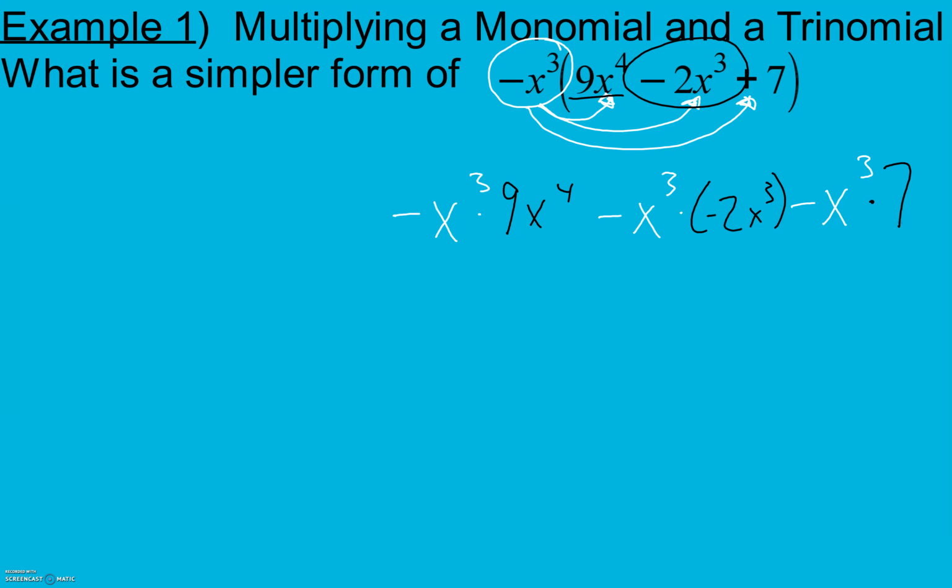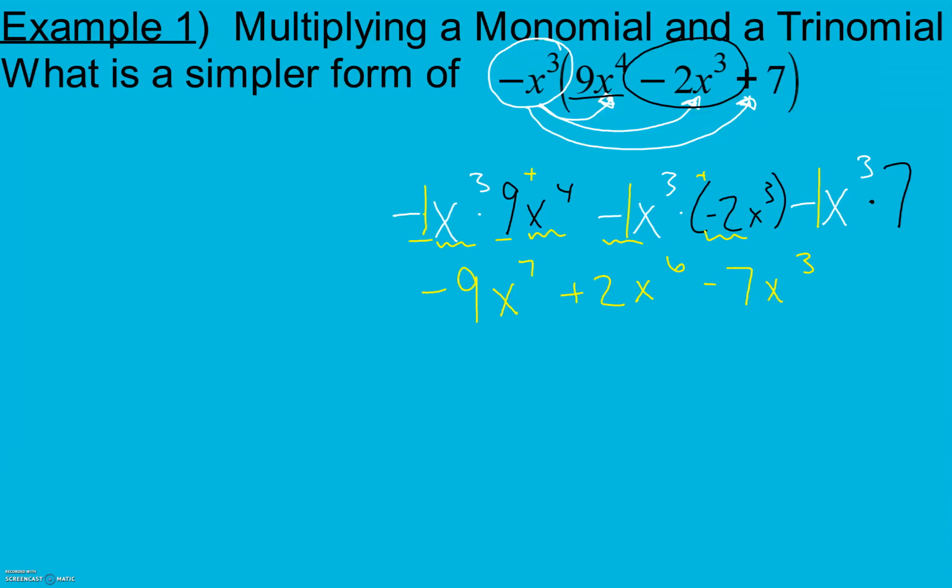When I do this, remember the negative is like a negative 1. So we're going to take our number parts, negative 1 times 9 to get negative 9. And when I multiply my powers with the same base, I keep my base, add my exponents. So 3 plus 4 is 7. Here I take a negative 1 times a negative 2 to get positive 2, and I add my exponents after I keep my base. So 3 plus 3 is 6, and negative 1 times 7 is negative 7, and here I just have